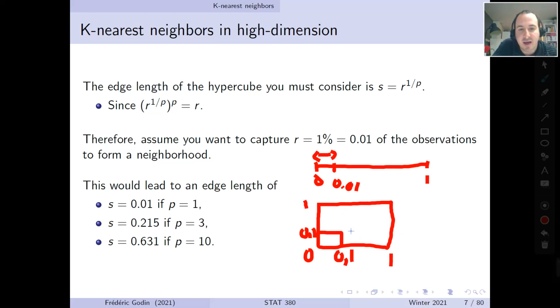So we can see that if we want to cover 1% of the area, the larger the dimension space here, the larger the edge of the hypercube must be. So in 3 dimension, it would be larger. If you calculate in 3 dimension what the length of the edge should be, it should be 0.21. And how do you do that? Well, you simply have to solve